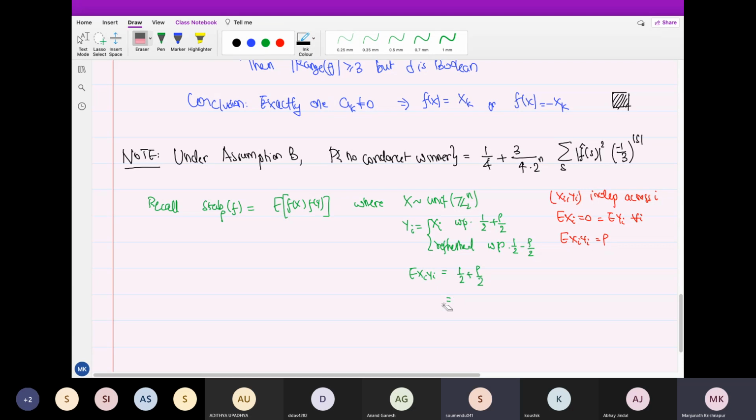Maybe you want yi equal to xi with that probability and minus xi with the other probability. So then will it be rho? I mean, half plus rho by 2 minus of this, that will make it rho, right? Okay, you're right. So that seems to work. So if I do minus xi, then the expectation of yxi is positive in this case, negative in this case. So it will be minus of half minus rho by 2, which will give rho. Okay, excellent. So that's correct. Thanks. So this is the correct one.